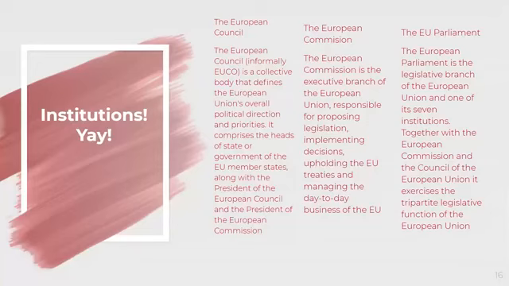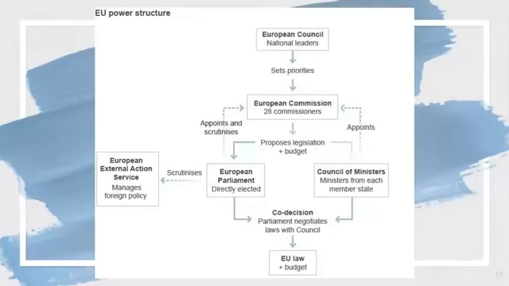Moving along, we are going to the EU Parliament. We went over this. It's basically where they have a massive general election all across Europe, not just within countries. Parties representing the European Union, or who are Eurosceptic, people who don't believe in the Union yet participate in the process anyways, go up and run for election. They then help legislate policy, and they work with the European Commission and the Council of the European Union to exercise the tripartite legislative function of the European Union, which we're now going to go over.